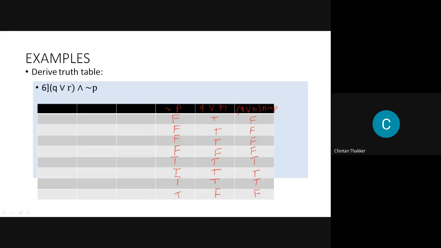With respect to our arrangement, that is, P is 4T, then 4F, Q is 2T, 2F, 2T, 2F, and R is TF, TF, TF, TF. Okay, for that we have this solution.